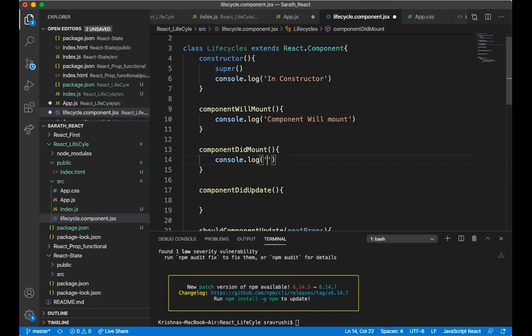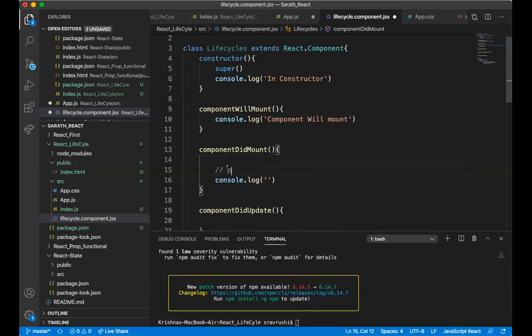Now in this component did mount only, we have to do any API calls or any operations or any object declarations. All those we have to do inside this component did mount only. So this is very preferred for variables and also API calls and declarations.